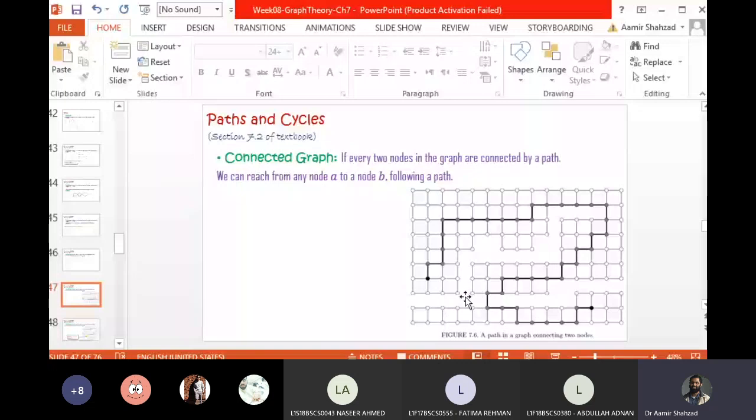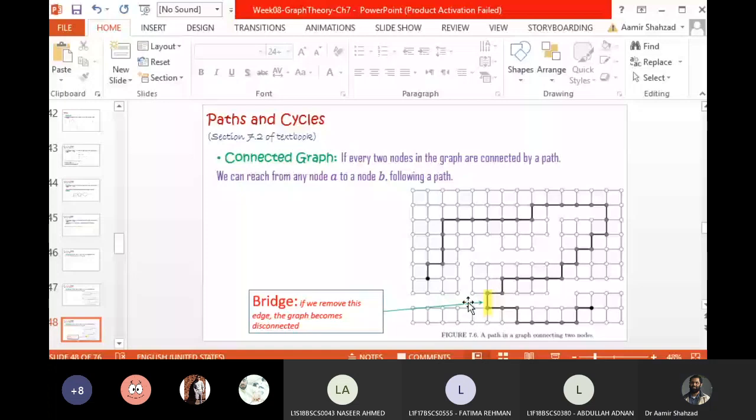इसमें ये वाला एज, let me highlight this, ये वाला एज, this is quite important and interesting edge. अगर इस एज को मैं हटा दूं जो हाईलाइट हुआ है, तो ये नीचे वाला कंपोनेंट और ऊपर वाला कंपोनेंट they will become disconnected, डिस्कनेक्ट हो जाएंगे ना। So this kind of edge is called a bridge. If you remove a bridge, if you remove an edge which is a bridge, the graph becomes disconnected. वो एक या एक से ज्यादा कंपोनेंट्स में